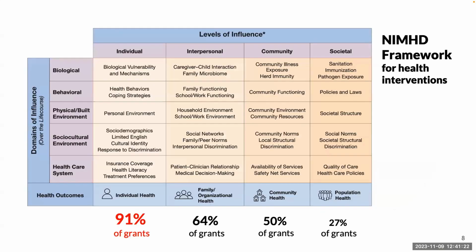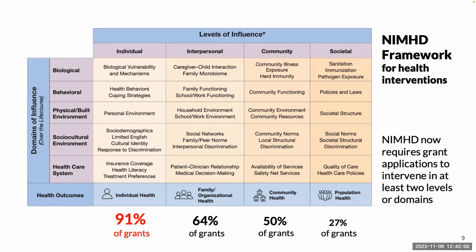And 1 year later, in 2019, under NIH, there's the National Institute on Minority Health and Health Disparities. They validated our findings. They developed this framework on how to develop health interventions to reduce health disparities. And almost all of their R1 grants are focused on the individual, the leftmost column, 91%. And this is worrisome because interpersonal, community, and societal factors play an outsized role